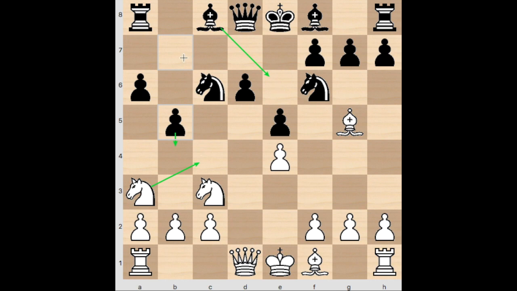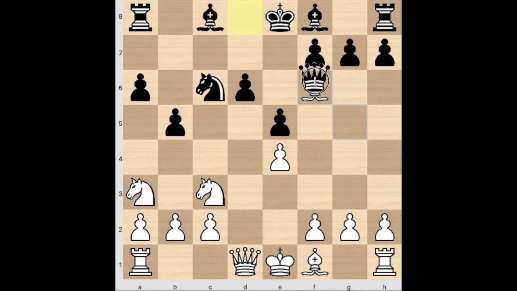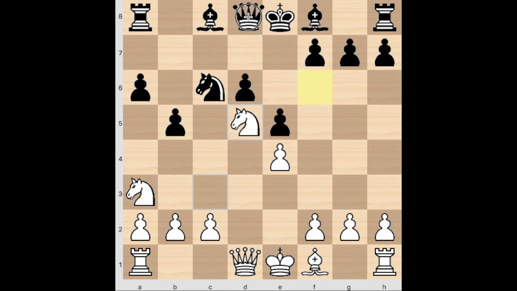Okay, so how should white respond to this threat? Well, bishop takes f6 is a tempo move, so we're hitting the queen. And what's interesting about this is queen takes f6 is actually not the best. It looks like it should be, but knight d5, the queen comes back to d8,